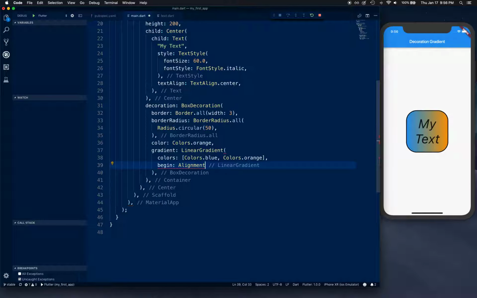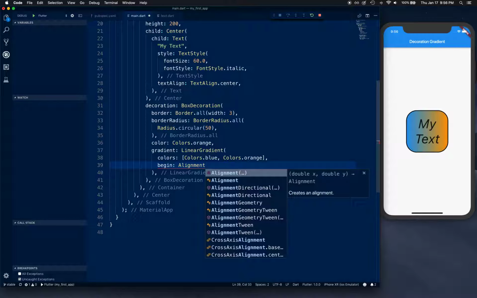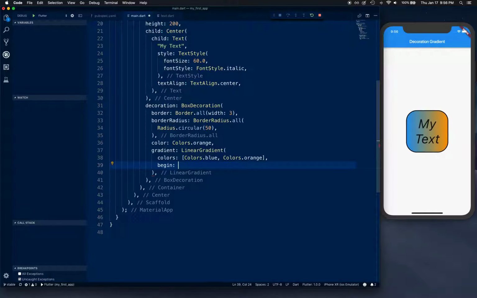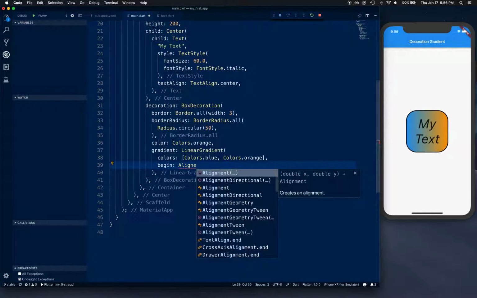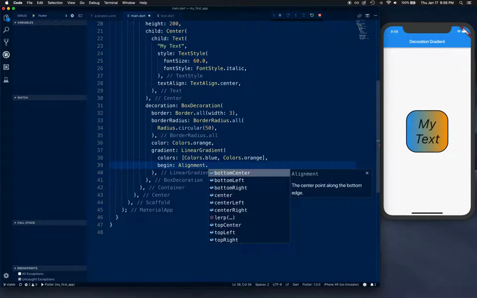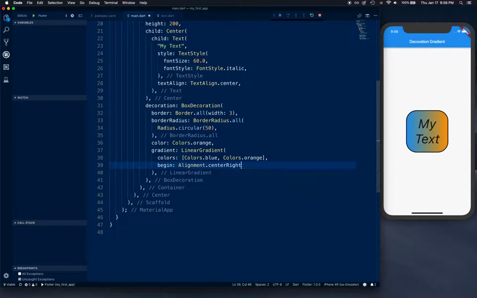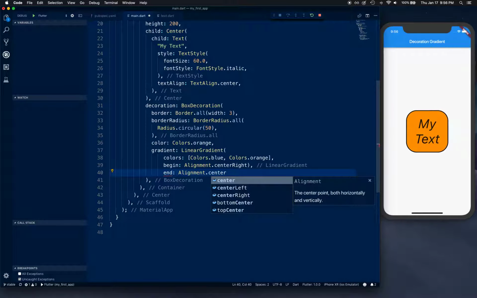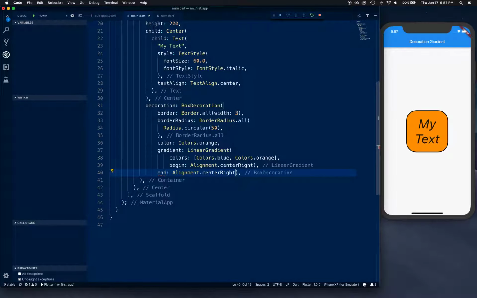So let's choose, so let's select alignment dot center right, for example. So if we change that, and let's change end as well. So alignment center right. Okay, so if we change that,